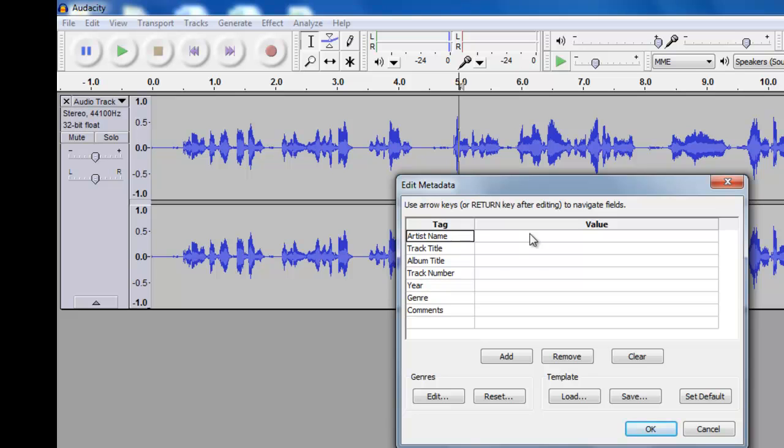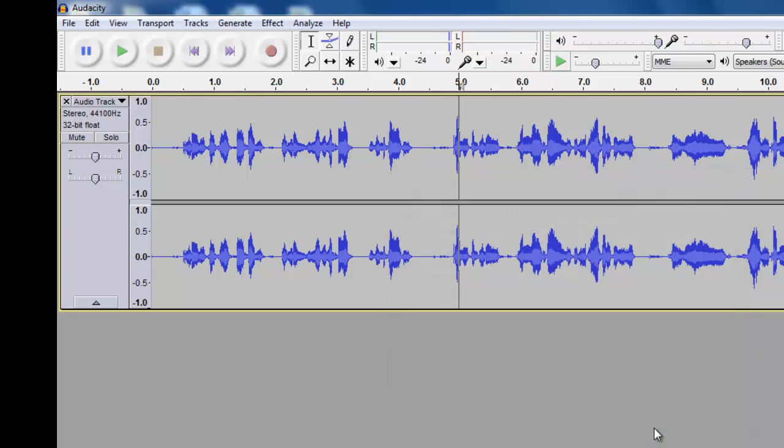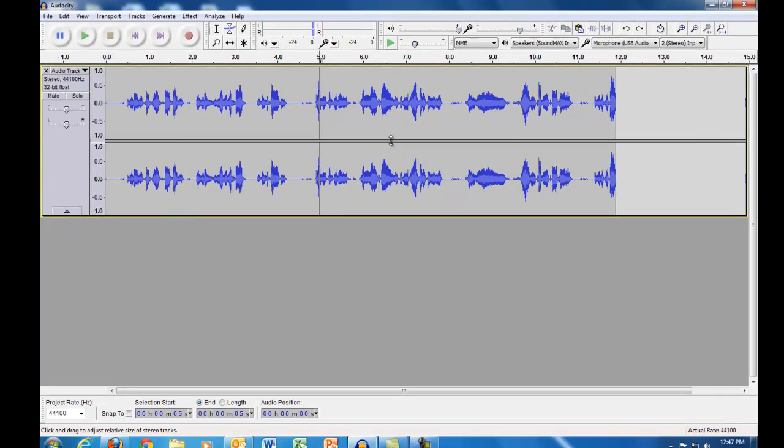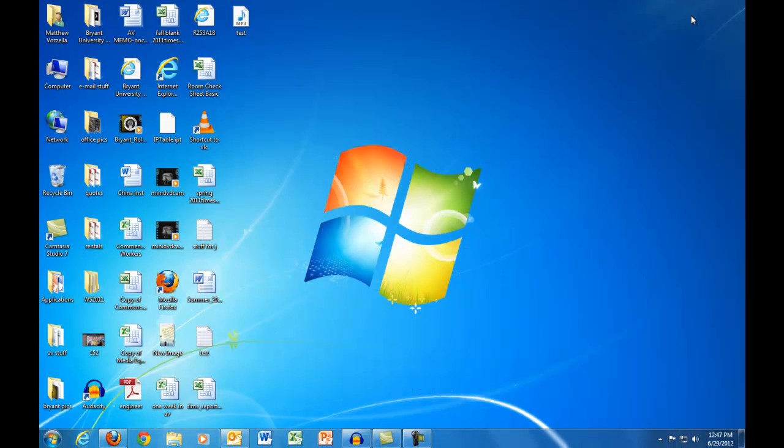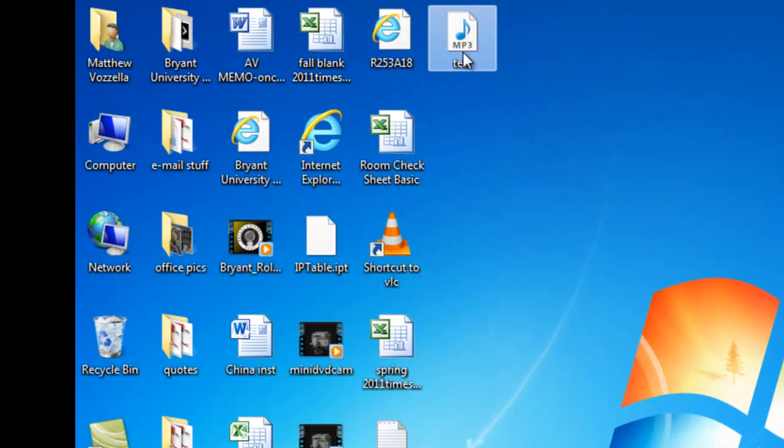Click Save. You can then fill in some metadata if for some reason you wanted to. Say you're going to put this up as a podcast and you want iTunes to reflect some of that data, whether it's the artist name, the track number, what have you. You can input that. I'm not going to, so I'm just going to click on through. There we go. This is a very short clip, so it didn't take very long at all. If we minimize, you can now see I have my test MP3. So if I double click it,